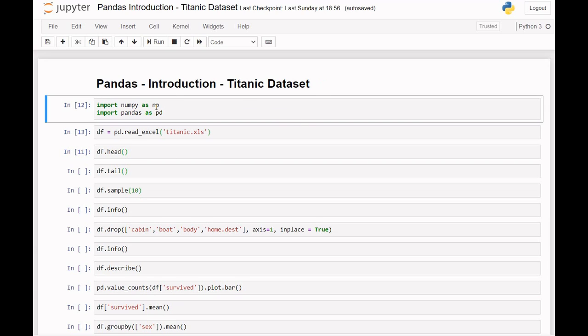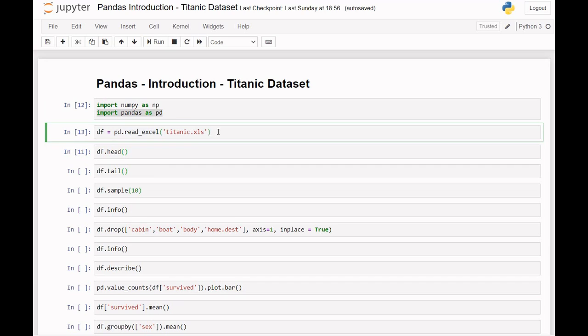We are going to use Jupyter Notebook and we are going to import NumPy as np. We are going to import Pandas as pd, which is what we are interested in here. We have created a variable called df. read_excel is a Pandas function that will read the data from the Excel file. And there's a read_csv and other functions that will read different file formats. You could also load data directly from URLs.